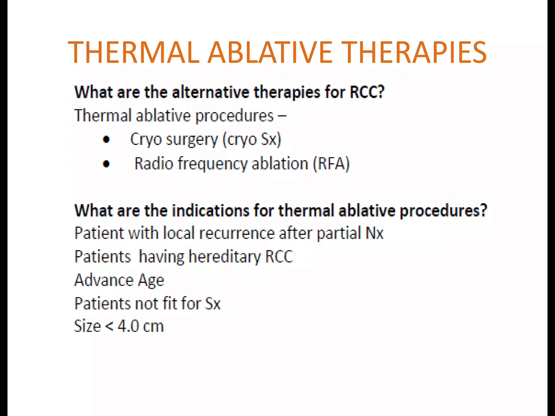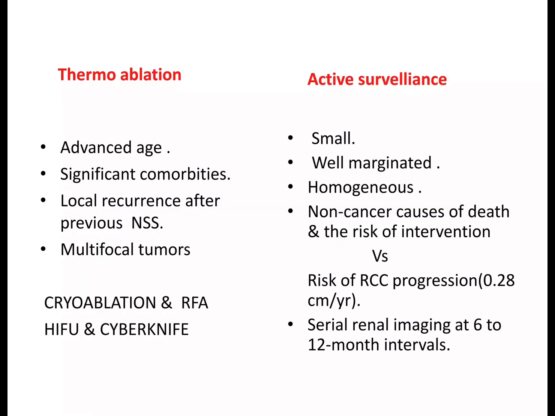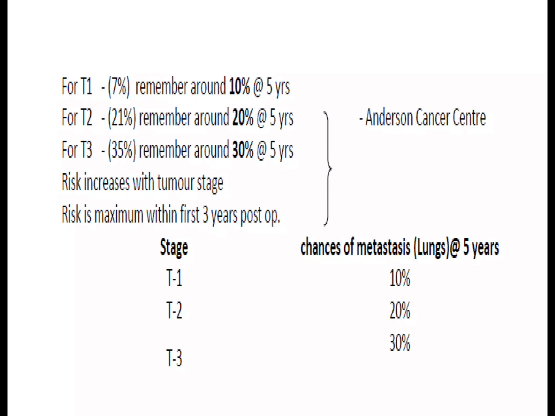Right, so for small renal masses we have three options: thermal ablation, active surveillance, and partial nephrectomy. Thermal ablation we have discussed. Active surveillance is done for small masses, well marginated, homogeneous, with non-cancer cause of death and the risk of intervention, but again you must have a biopsy in your hand before going for all these options. So this was all the detail of